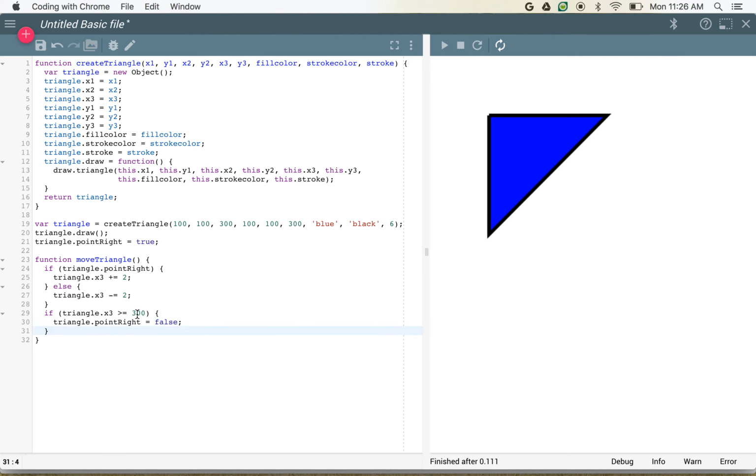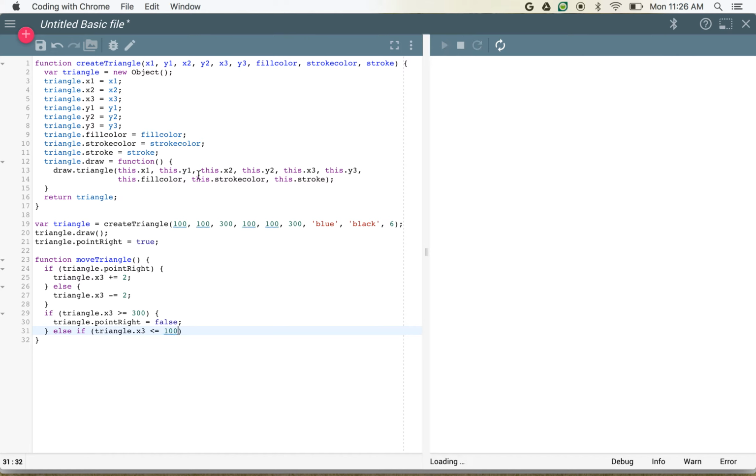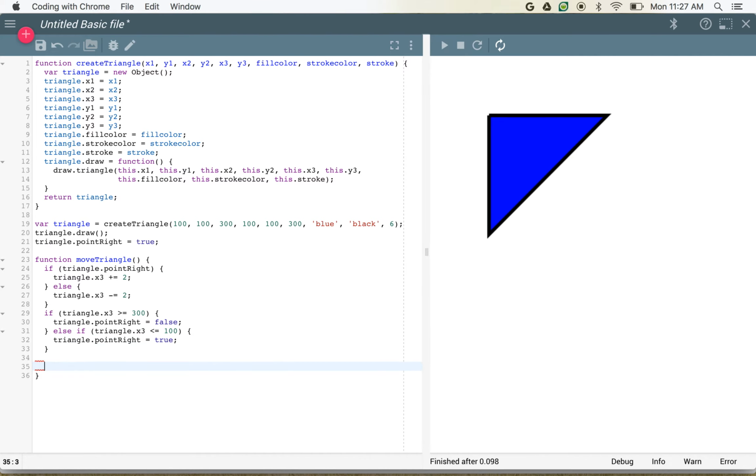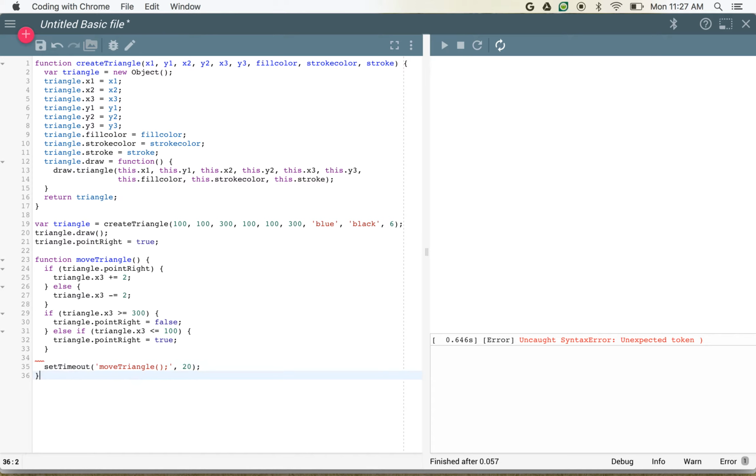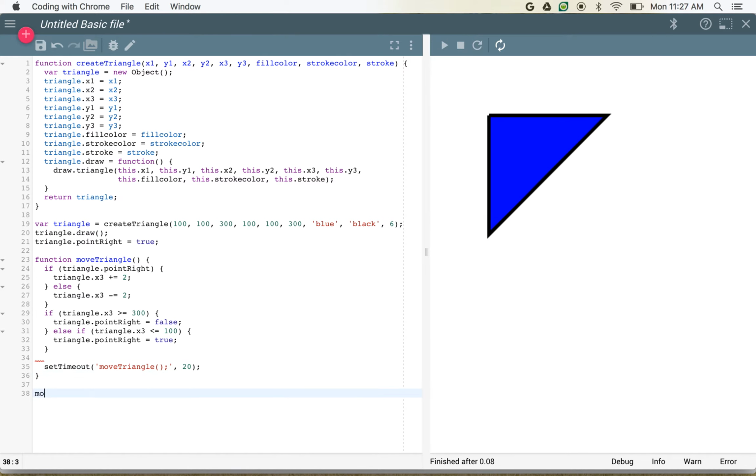But we also need to handle another case because it's going to move back to the left, but we want it to reverse direction again. So we can say else if triangle dot x3 is less than or equal to 100, which is our leftmost point, we're going to say triangle dot point right is equal to true. Then we're going to call set timeout, move triangle, and we'll do this, say, every 20 milliseconds. So now what should happen if we finally call move triangle,